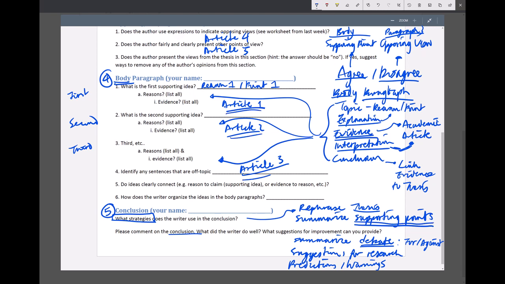You could go one step further and summarize the debate. So try to summarize both the evidence for and against your argument. You can make suggestions for future research based on that debate,